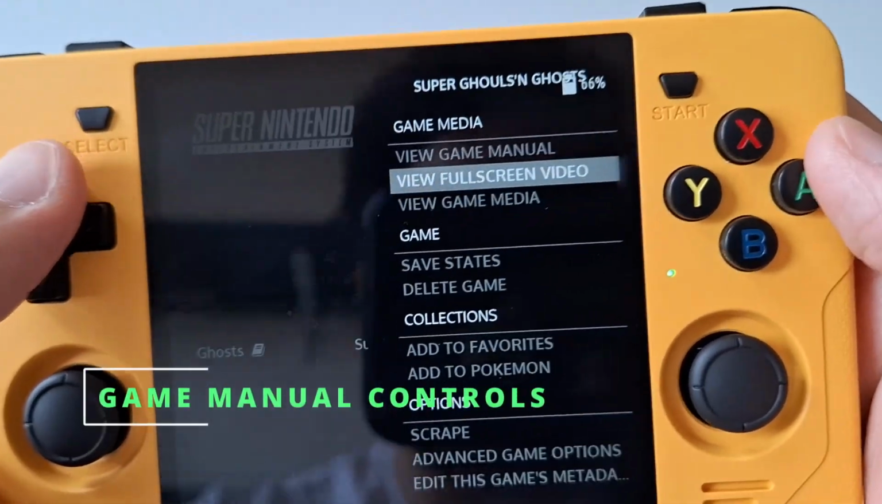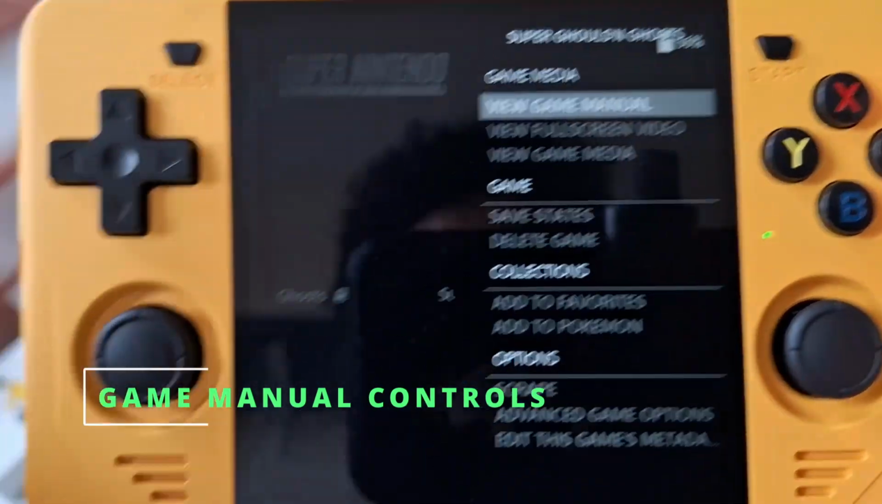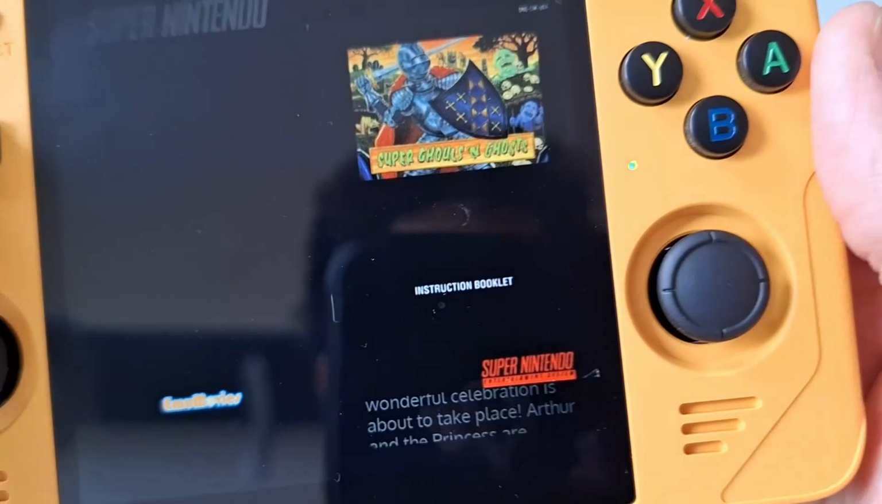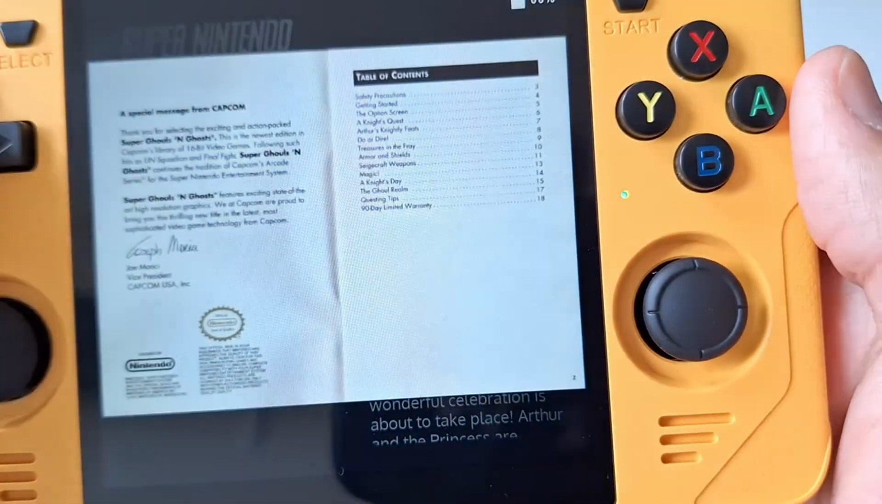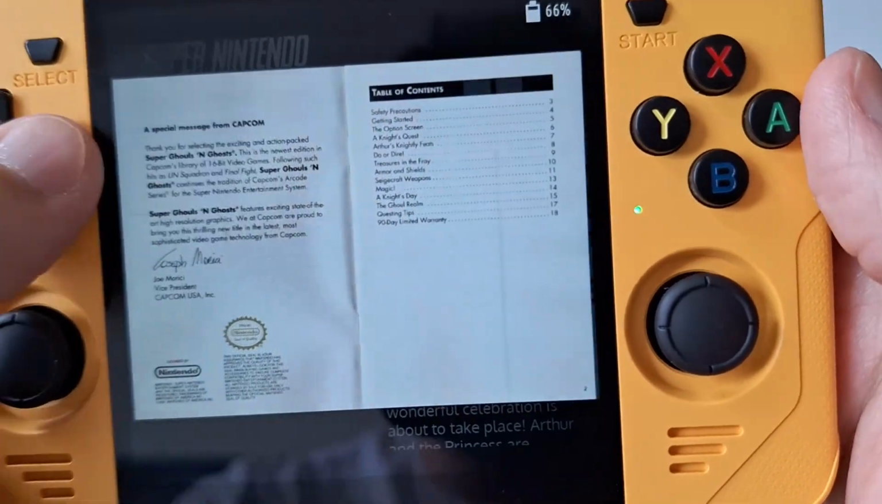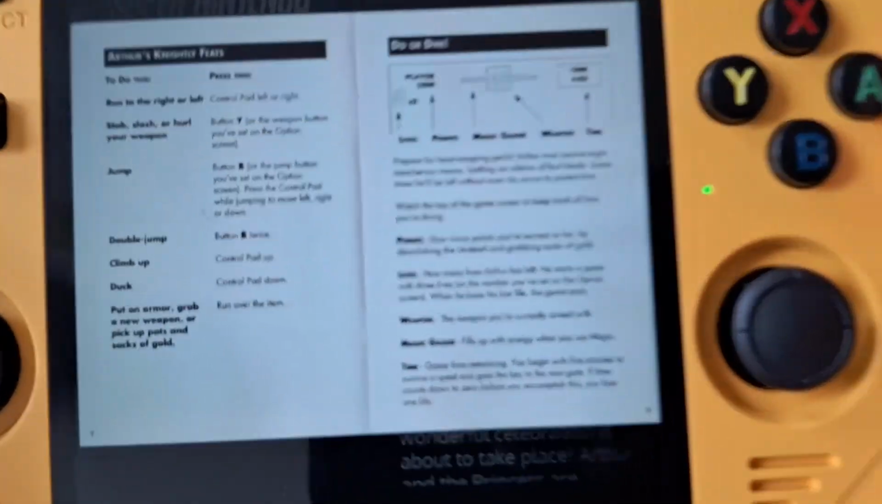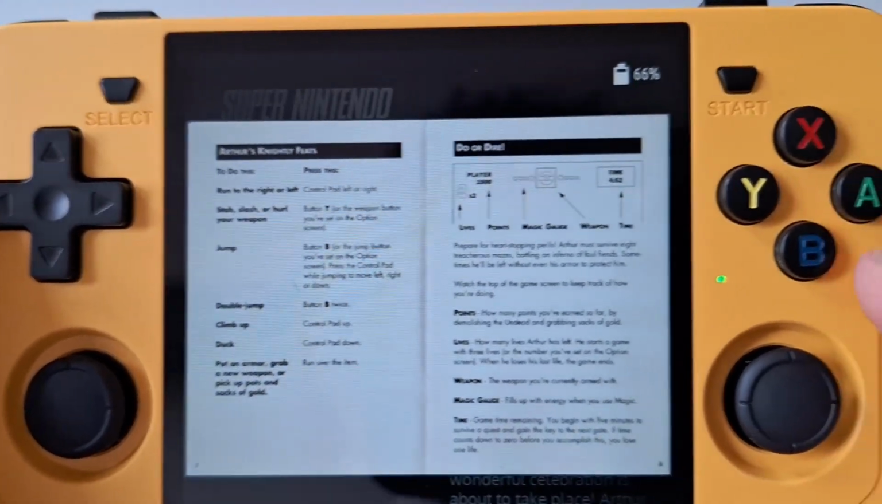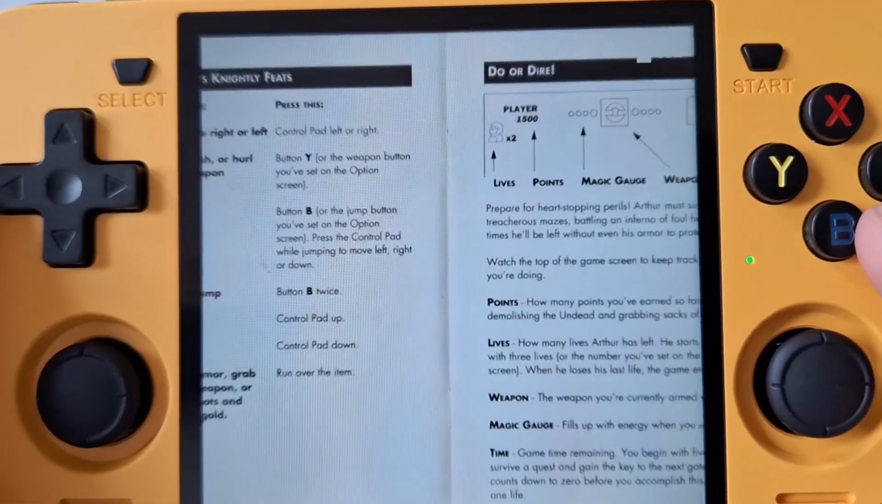But for this example, I want to show you how you navigate your manual. So you go into view game manual, right? Let's say this game right here, and you can cycle through the pages with left and right. And now let's get to a section. Let's say we want to read about the controls, right? But this text is a little bit too small for you, right? You can press A,